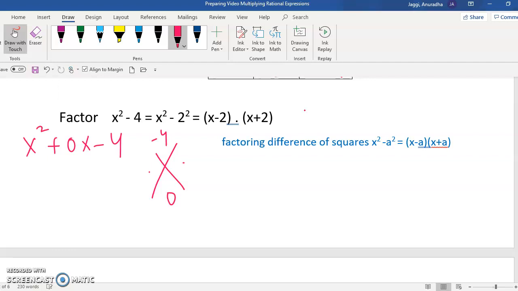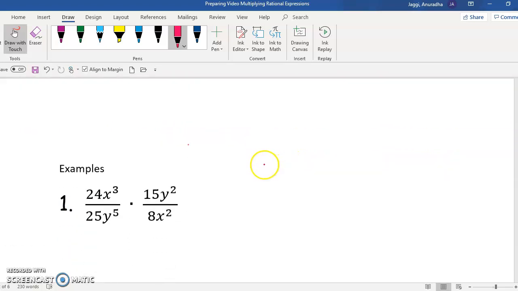You can find the two numbers and you can do the whole process and get that same answer. But this is a faster method. If you see a difference between two squares, you can use the difference between the squares formula. Okay, let's take up